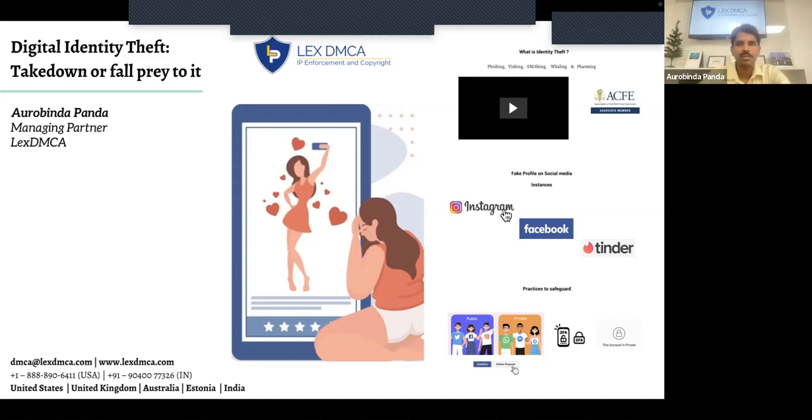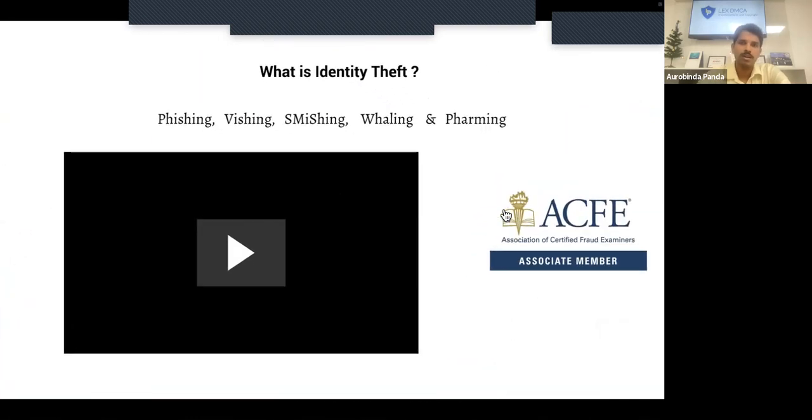So let us first discuss what identity theft is in a broad sense. We are also a member of the Association of Certified Fraud Examiners, an agency worldwide which helps us know how to take care of identity theft and the frauds happening around the world.